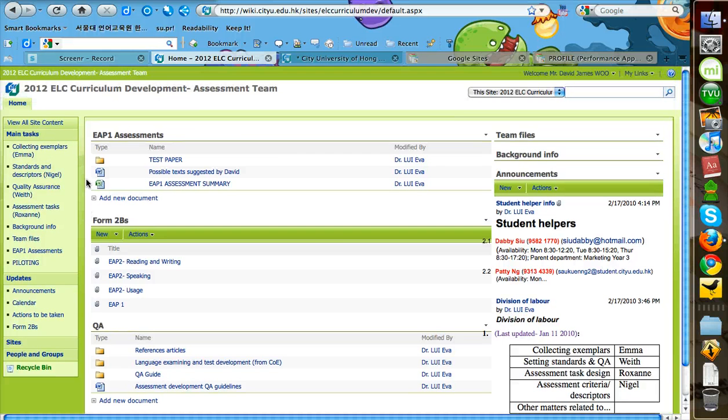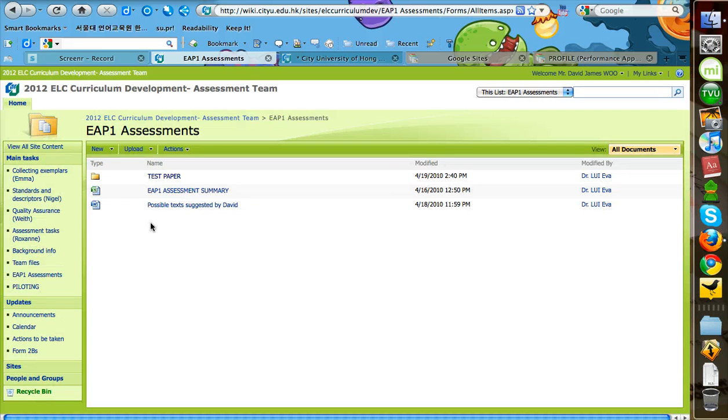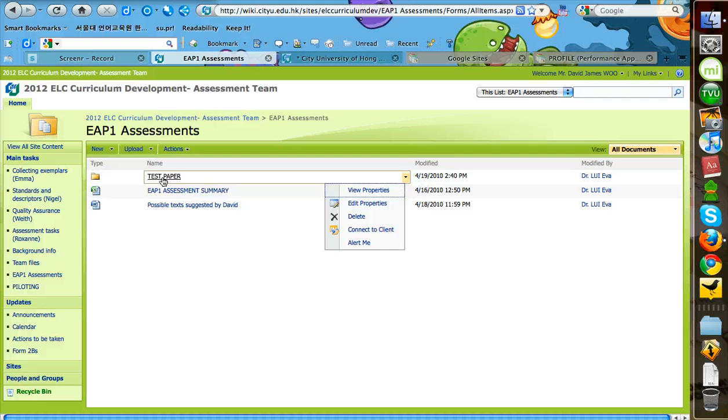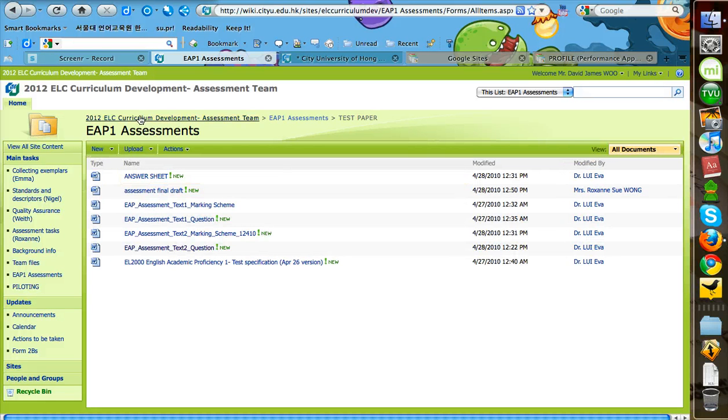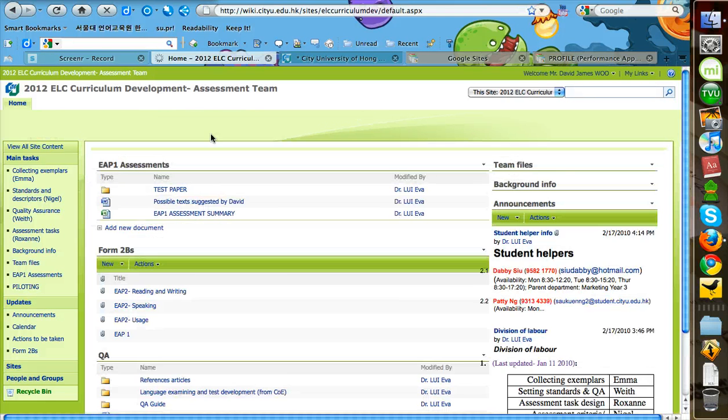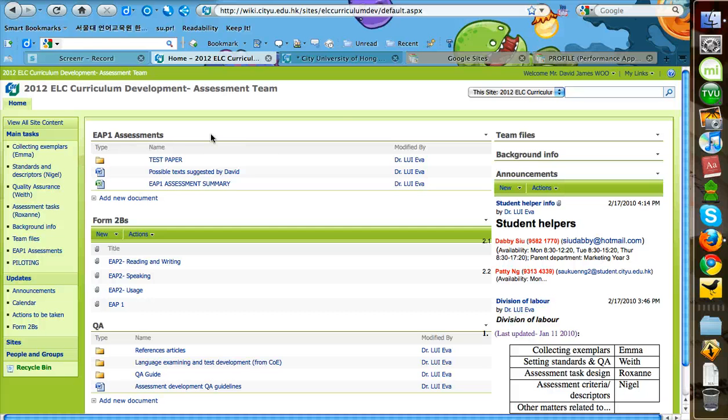So, for example, in my meeting today, I had to find some test papers, and after scanning all of this information, I could either click here or here. So let me click there. And then I know that I don't need to look at the sidebar anymore. I can look in the main area here and click on test paper, and I've reached the test papers. So this is a